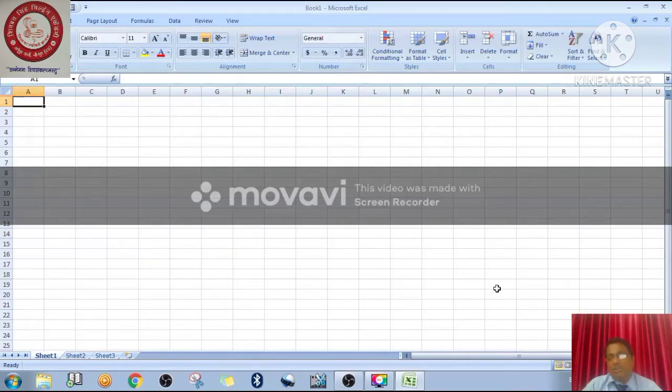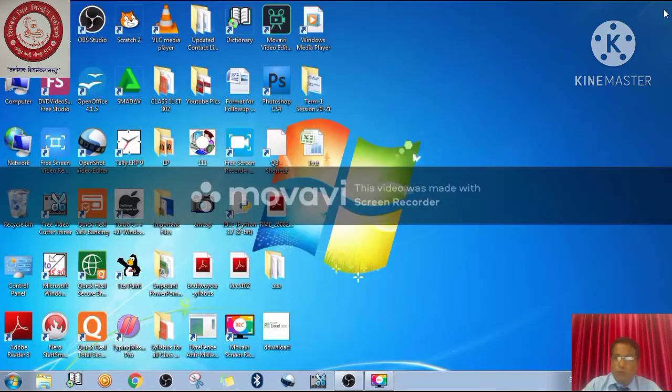So students, as I have already told you, we have to make it very clear about sorting as well as filtering. For this, first of all we have to make a table. A table related to anything, like admissions, your subject, your marks, anything, right? For this I have already made one Excel sheet with a table for you, and then we'll work on it. This is the table on the desktop here.